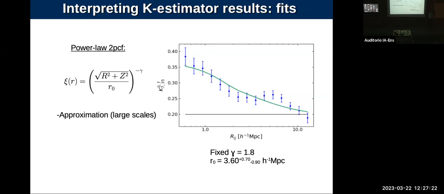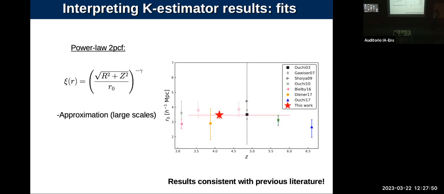So before MUSE arrived, this was everything that people had done with clustering of Lyman-alpha emitter studies. They all had narrowband surveys, so they all had approximated redshifts, let's say. They didn't have spectroscopic redshifts like the ones that MUSE provides. And they all assume that clustering follows a power law. So this is, as I said, just an approximation. This is not the best way of doing it, but still I can compare my result to the previous studies